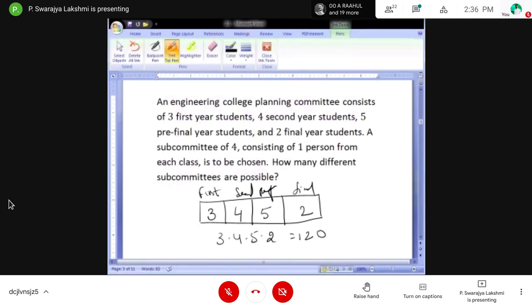So let's see one more example for the same multiple product rule.